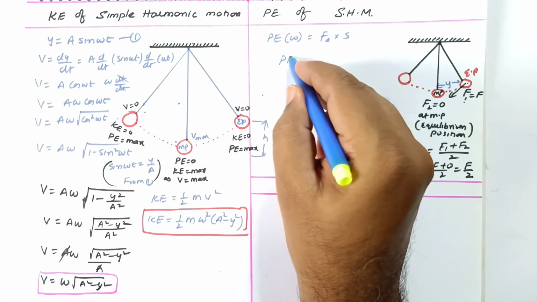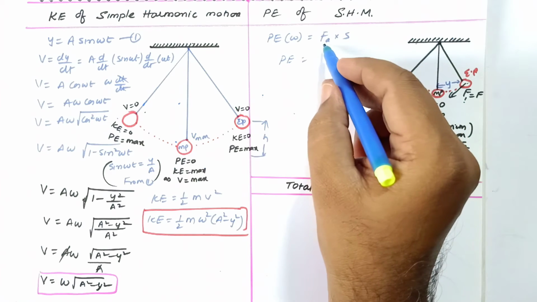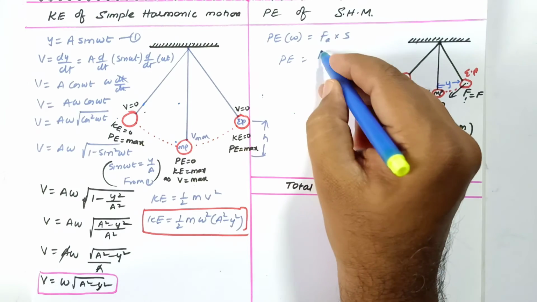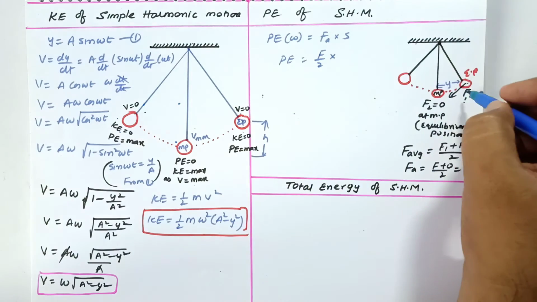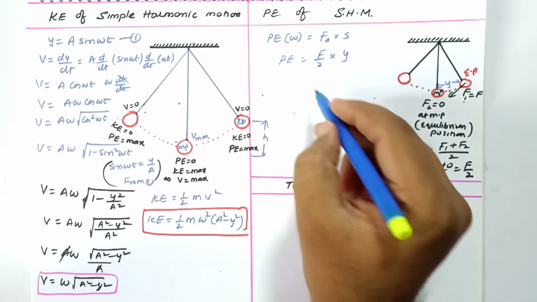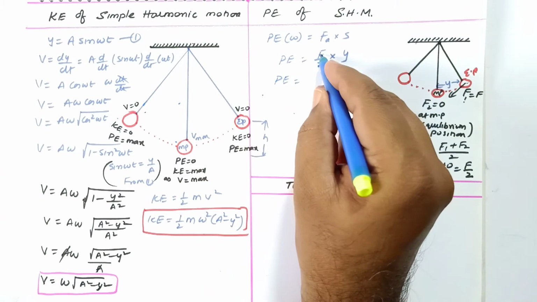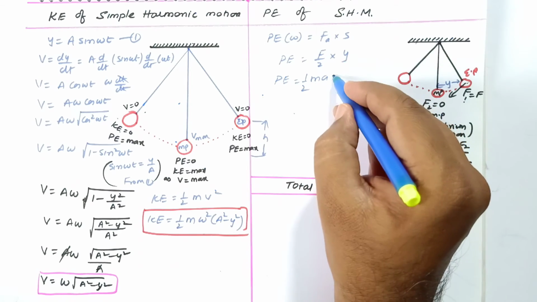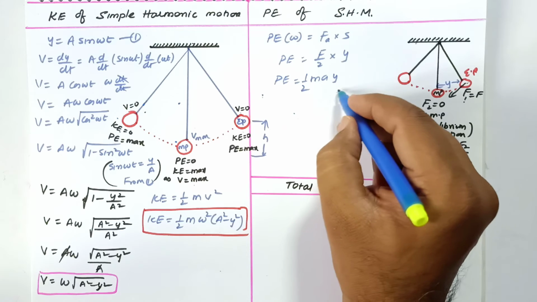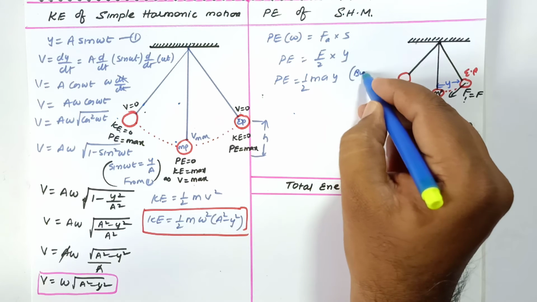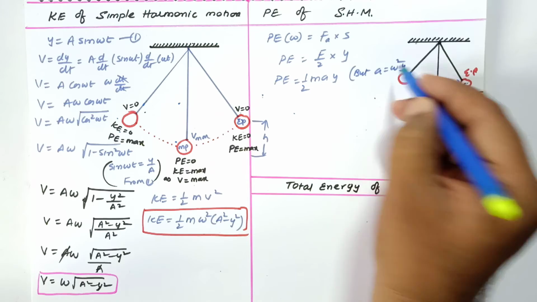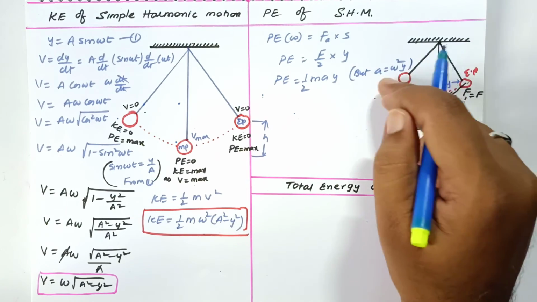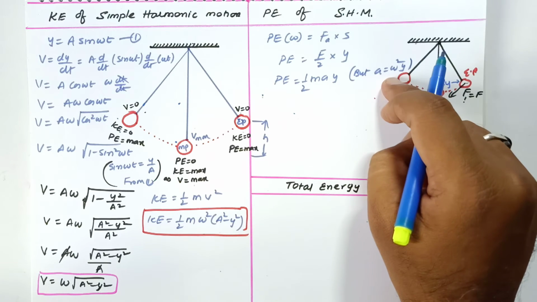So potential energy, which is force into displacement, and force is going to be average force. You know, average force is written here as F by 2. So you can take it as F by 2, and into displacement is taken as Y here. Therefore, potential energy can be considered as F is nothing but M into A, and half you are taking like this, and this is Y here. But you know that acceleration is equal to omega square into y, which was discussed in the first class.